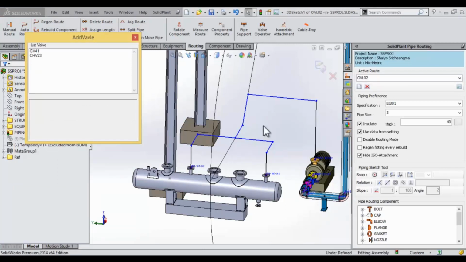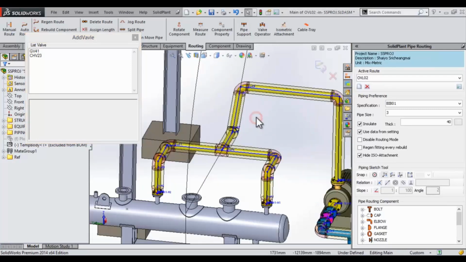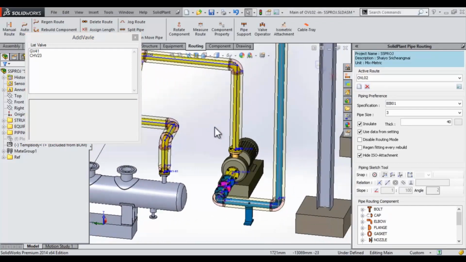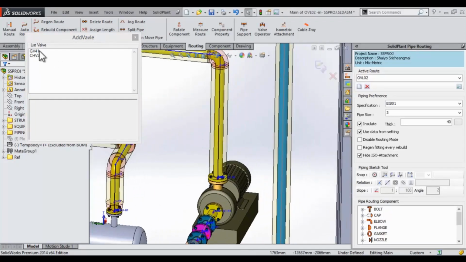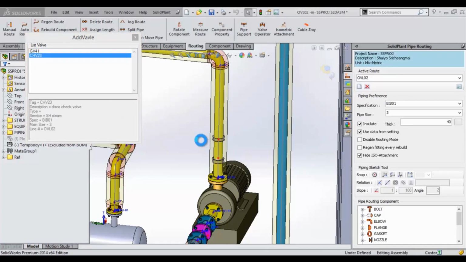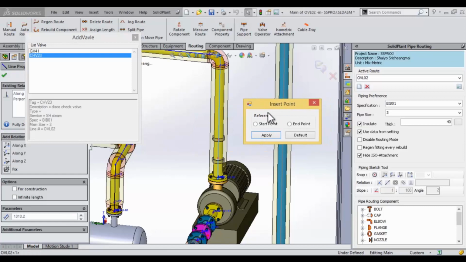SolidPLANT pops up our add valve box, and at the same time will generate our route for us. In the add valve box, we see we have two valves that go into the pipeline. We have a check valve, which I will drag in right here. And this valve, I want it to be placed at the flange on the pump, so my start point will place it right there, and I can see that my point is indeed highlighted, and